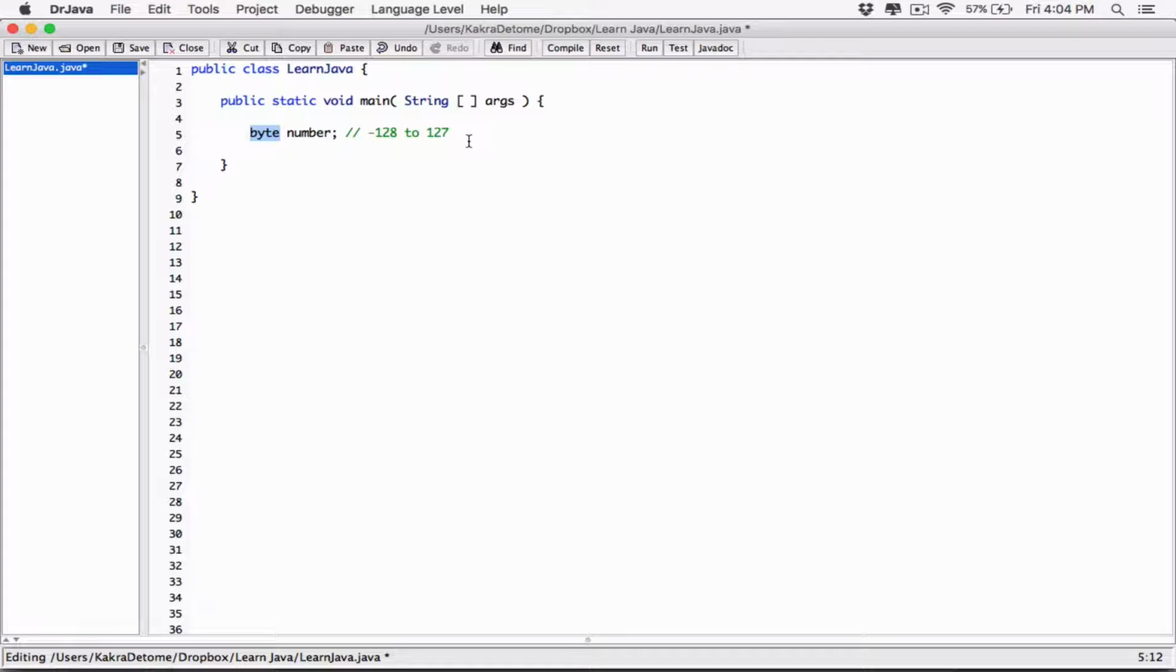Now, if you look at the title of this program, it's called Primitive Integer Data Types Byte. So one, we know byte is an integer data type, but it's also primitive. It's called primitive because